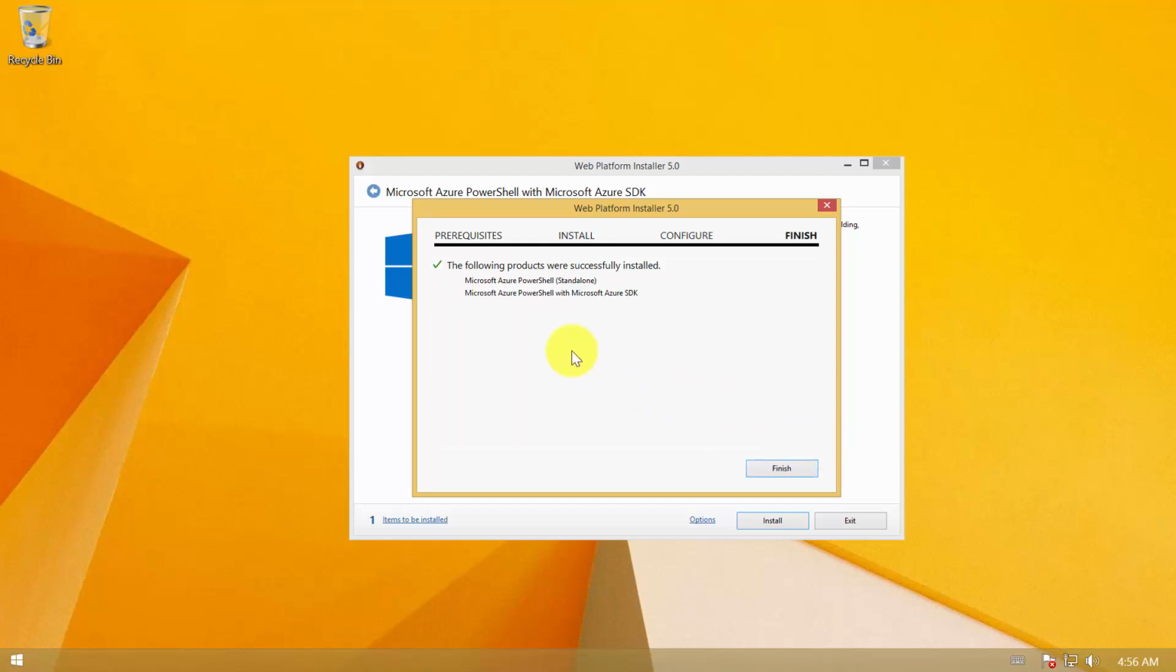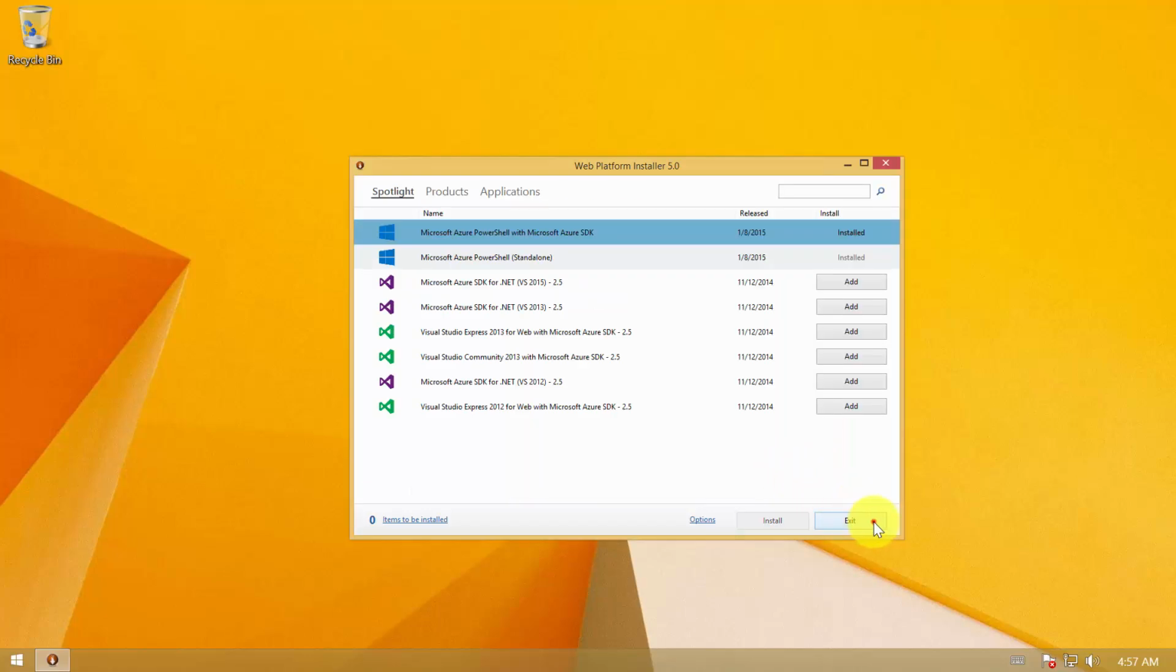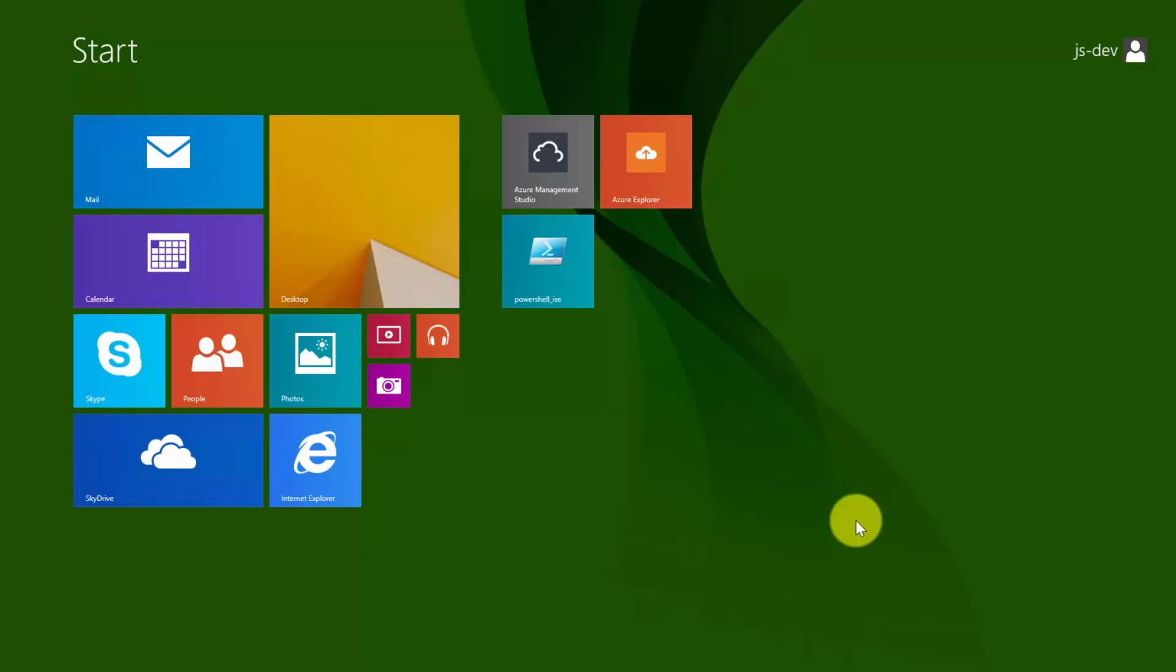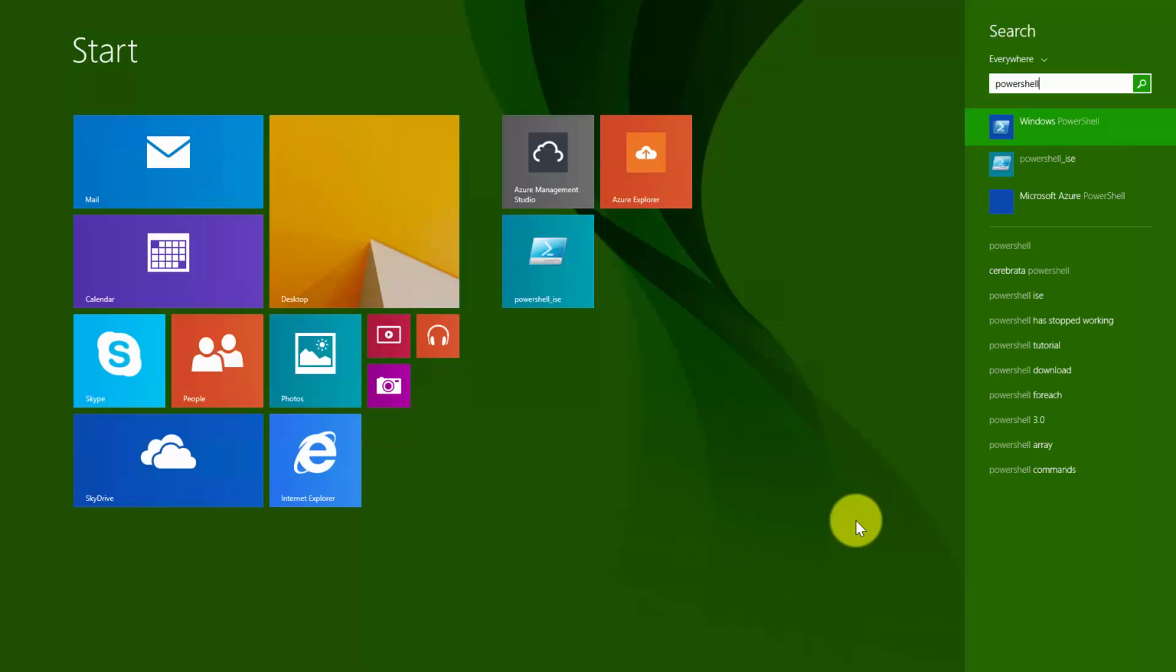Okay, I'm done. I installed PowerShell and PowerShell with Azure SDK. To be honest, I already installed a previous version of Azure PowerShell, so that's why I need to install only this update this time. But basically, if you install this on a clean machine, you will have a long list of dependencies, so you don't need to worry about this, it's okay. So let's finish, exit, and now on the start menu we can type PowerShell